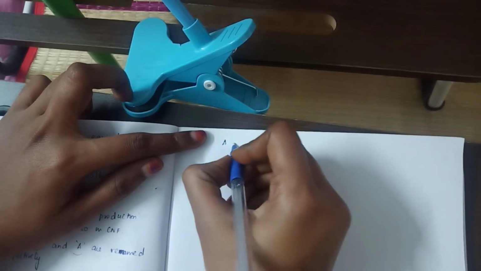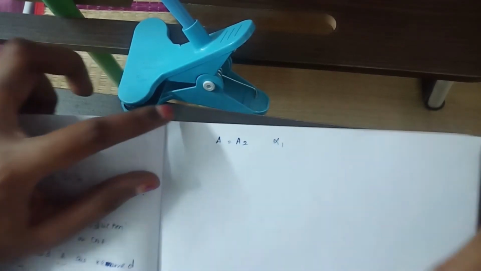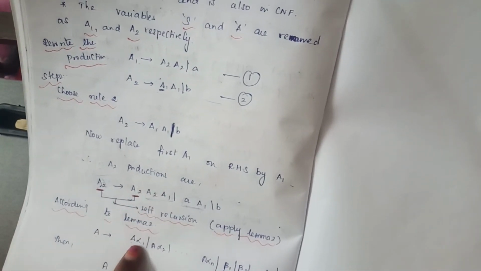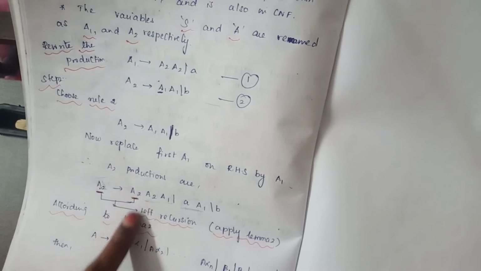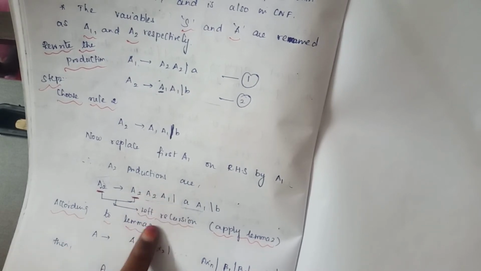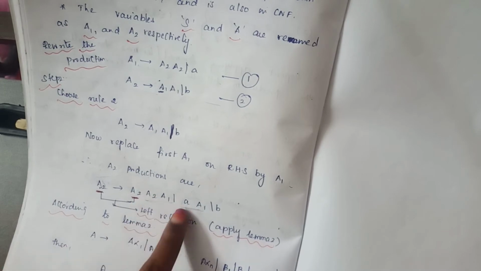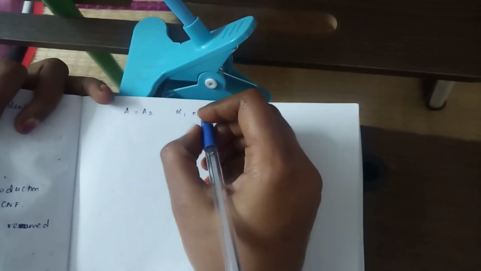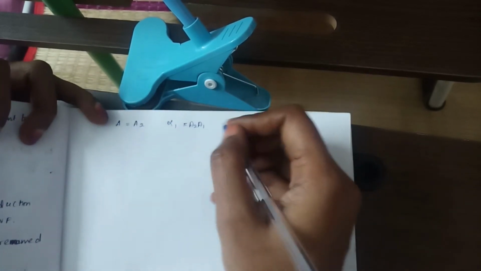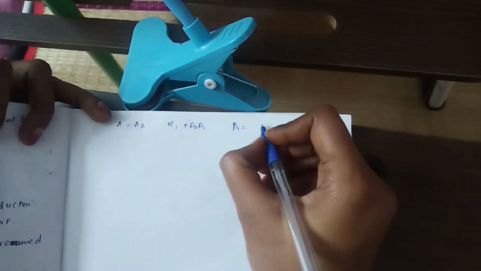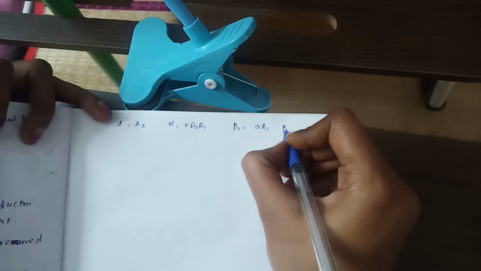So here A equals A2, alpha 1 equals, see my rule, so A equals A2, and alpha here is, so you have to leave this A2 and alpha is A1, and again only one term for A2 alpha 1. After that, this is separate, which is known as the beta 1, beta 2 production. Okay, so alpha 1 equals A2 A1, right? Beta 1 equals A1, beta 2 equals B,